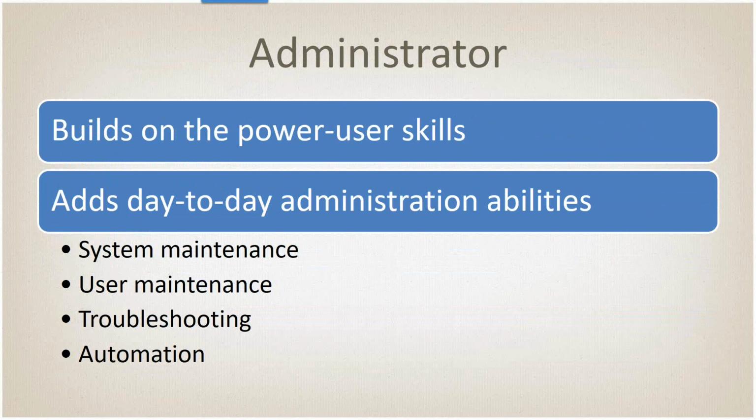An administrator builds on the power user skill. So what happens a lot of times is somebody starts off as an end user, they get really good at it, they start helping other people, and the next thing you know, they're actually the administrator for the system. This is just the way things have worked since I've been in the software business or the IT business, for a long time, and this is just how things generally work. But what you generally do, you have system maintenance that you do, administration for users, troubleshooting, any kind of automation. Say you're creating new stuff to automate, like workflows or business process flows or whatever it might be, that are helping do the daily work everybody comes up with.